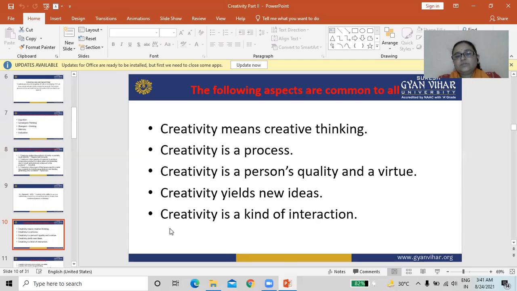Creativity is a personal quality and virtue. Creativity yields new ideas. Creativity is a kind of interaction. These are the aspects common for all.